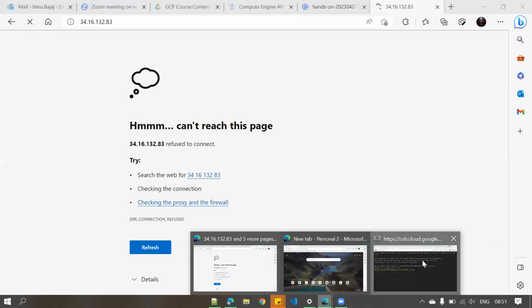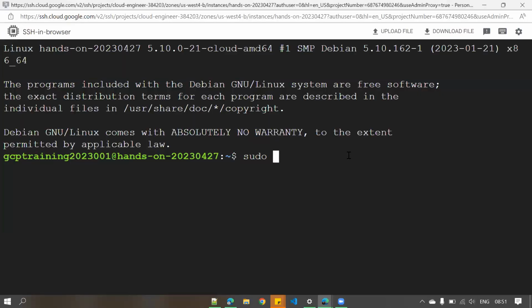So let's do that. I want to do sudo. What I'm doing is actually switching the user. If you see, I am a user, and I am becoming the root user, or an administrative user, here. Now what I'll do, I'll say apt